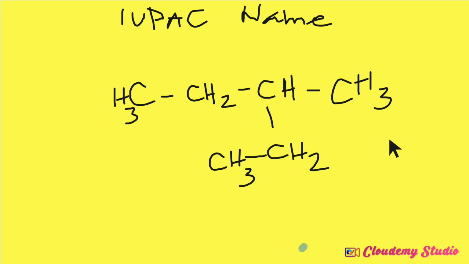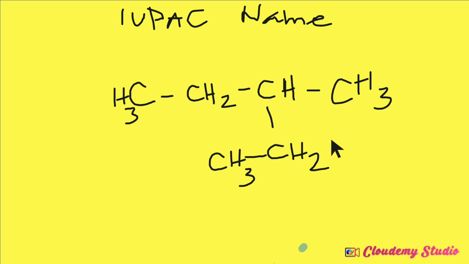Hello friends, let's derive the IUPAC name for the given compound. This compound is a hydrocarbon, that is a compound containing carbon and hydrogen only. So what kind of hydrocarbon is this? A branched hydrocarbon. That is the chain, and at this point it becomes a branch. So in the branched hydrocarbon, we need to